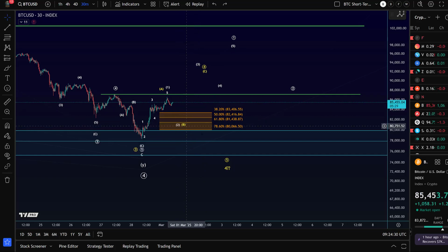So I'm very much watching now the 80,066 level, because this is the 78.6 retracement of the initial rally, and basically like a make or break point, you could say. I don't want it to break and sustain below 80,066. This would be a signal that maybe we are going to go down more directly,